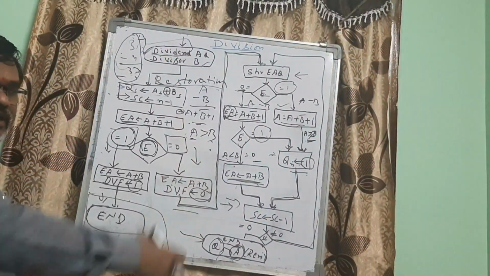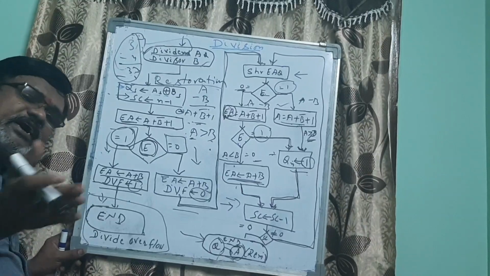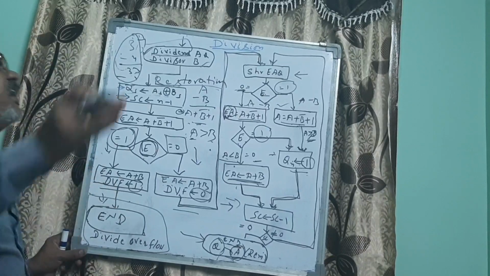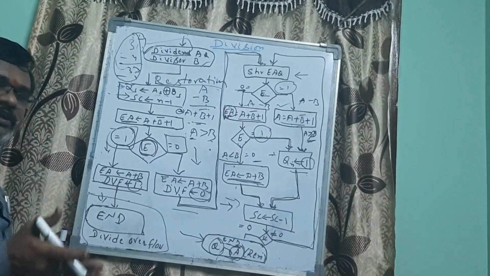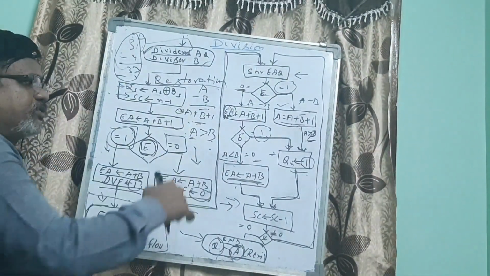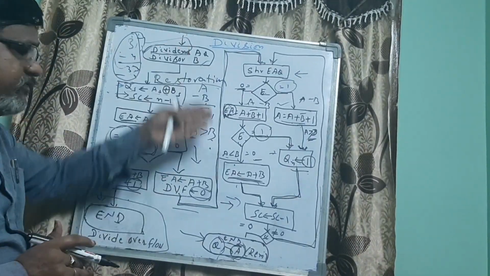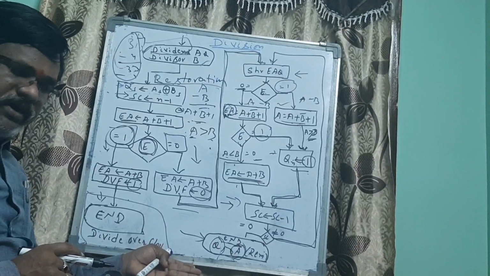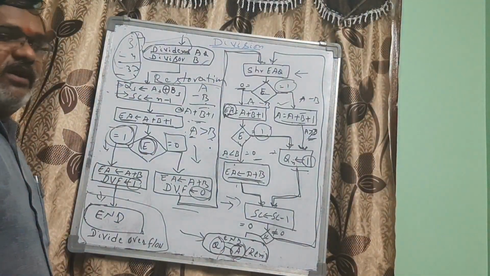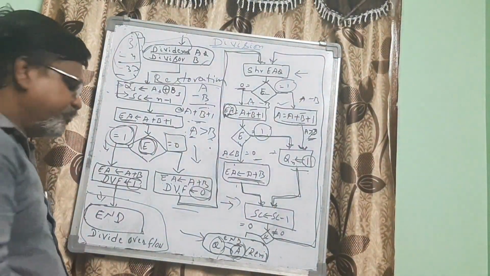See here, performing the division using the restoration method. Restoration means every time you are storing again. What are you storing again? The partial remainder is stored again as the new dividend. That's why this process of division operation is called the restoration method. So now, whatever we have explained through this flowchart, we will take one binary example of one dividend A and one divisor B. We will just go through that example step by step.